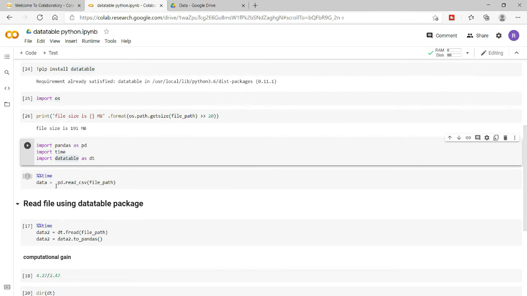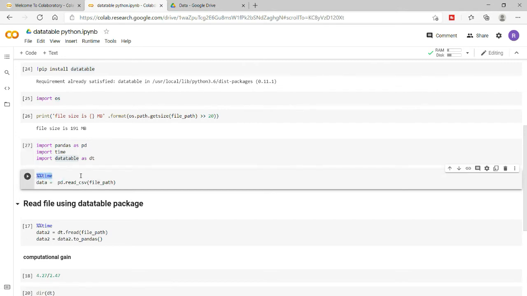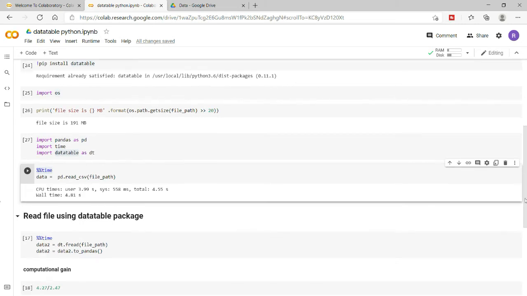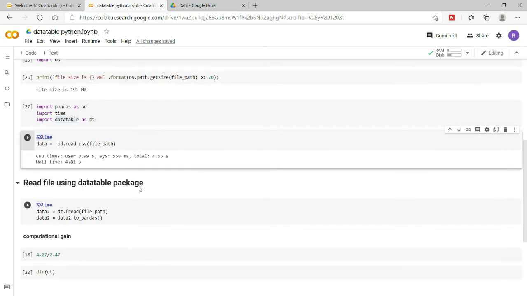First of all, I will read this file through pandas, and I'm using the time command here, which will print how much time this cell takes to run. Here I am running pandas read_csv, and you see that it has taken nearly 4.8 seconds to read this file of 191 MB.